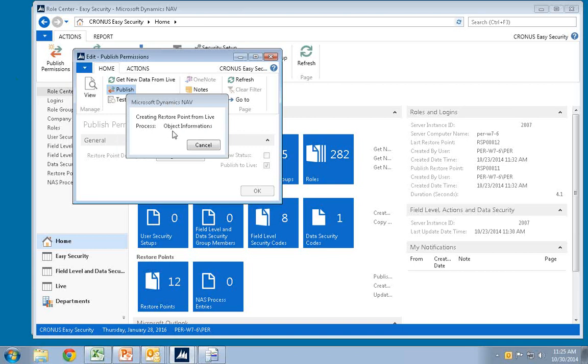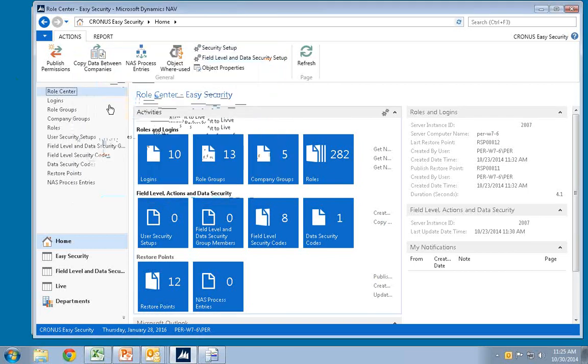So if the new permissions don't work out well, we can very easily put the old ones back again. So we won't have any issues where we'll spend 3 hours trying to figure out what permissions people used to have, and then ending up giving them super because we couldn't revert to the old permissions in an easy way. But basically, it has finished publishing the permission, and my permission would now be active for John out there. So, yeah. This application is exactly the same in the classic environment.